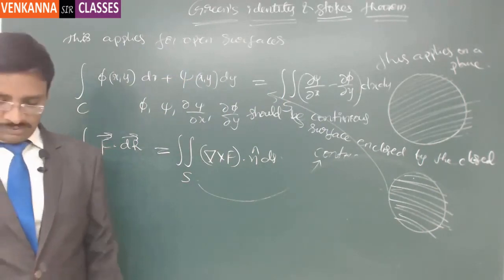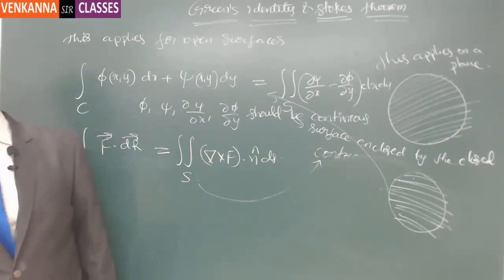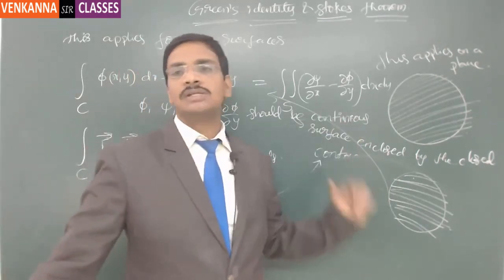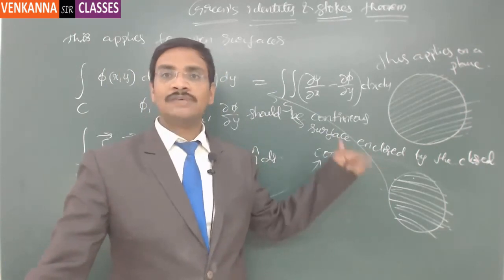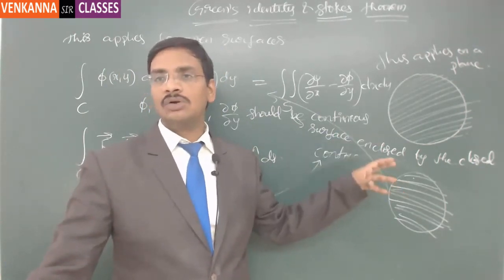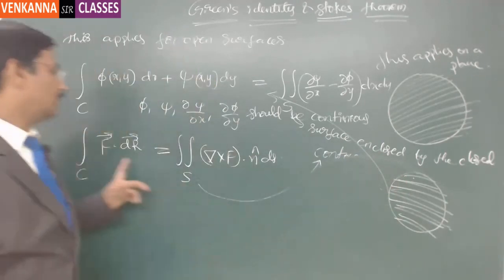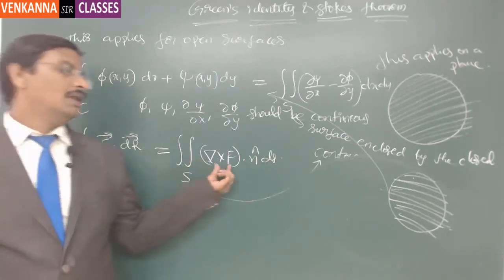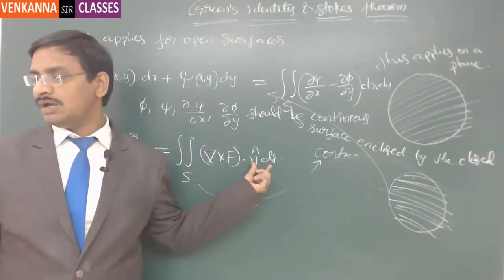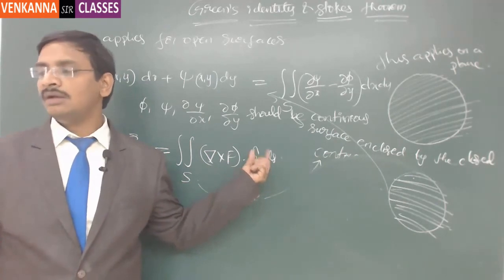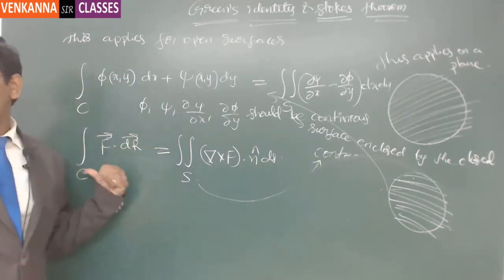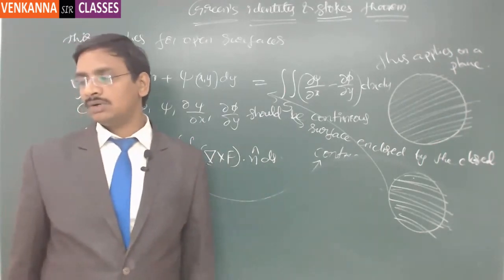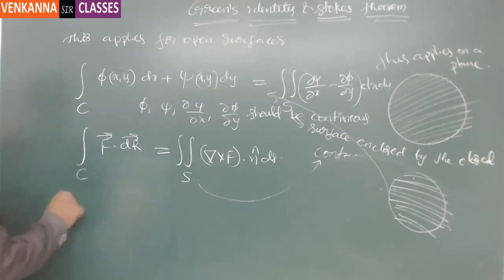So in case of Stokes theorem, suppose there is a closed surface. For that closed surface, if you just cut it, then you can see an open surface there. That open surface encloses a certain contour. That contour will bind the surface. That contour integral, the integral over the contour C, f dot dr is equal to del cross f dot n cap ds, where ds is the surface enclosed by the closed contour, where the contour is a closed line. So this line integral and the surface integral, these two are getting equated together. So Stokes theorem